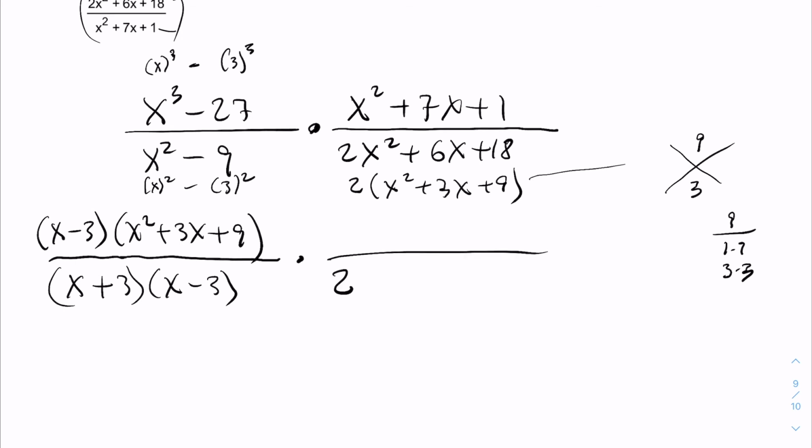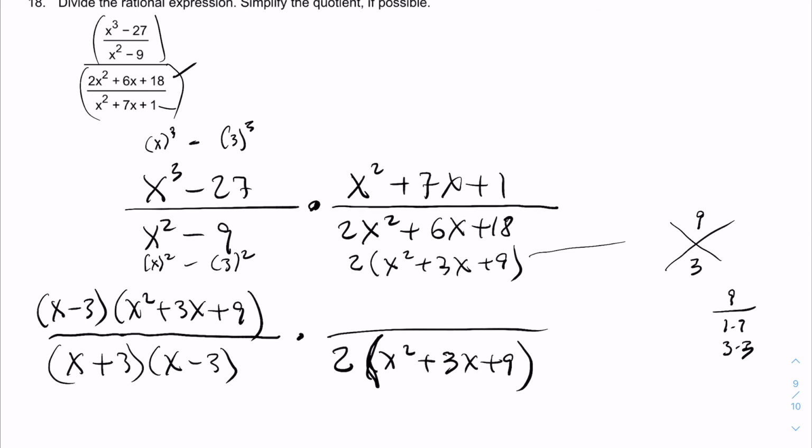So we have 2 times the quantity x squared plus 3x plus 9. And that feels kind of unsettling because it feels like that should factor, but it happens to be prime. And I get it. When that happens, you start looking around to see, did I make a mistake? Now the last